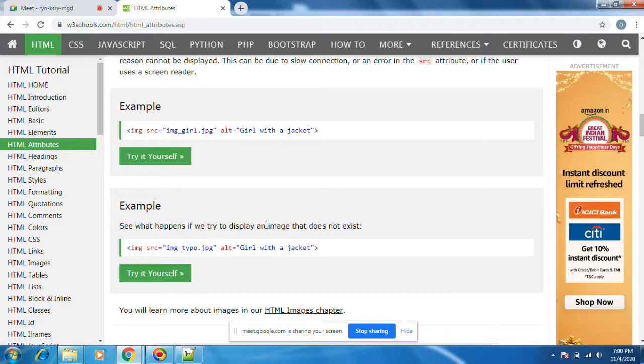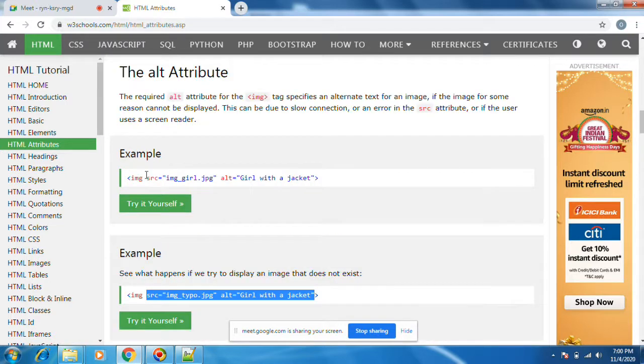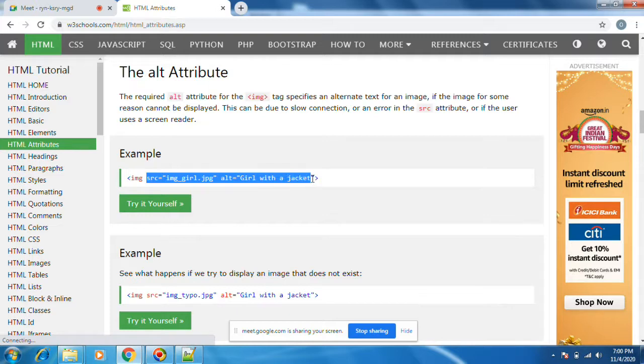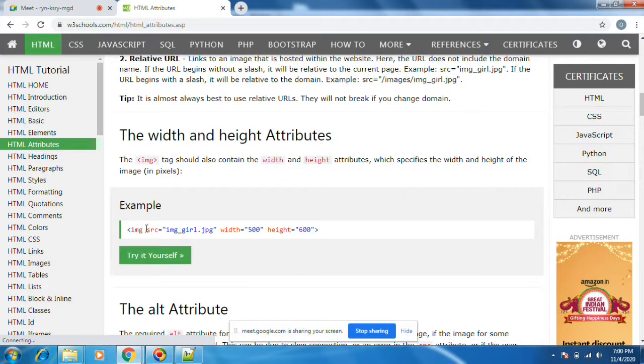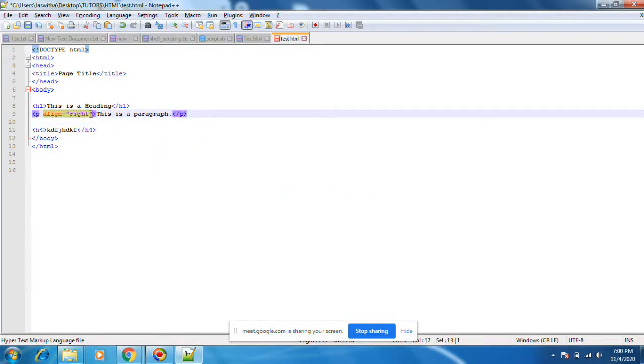Okay, what happens if we try to display an image that does not exist? Alternatively, this text will come. Okay, these are all called attributes. Here also, for the paragraph, this is an attribute.